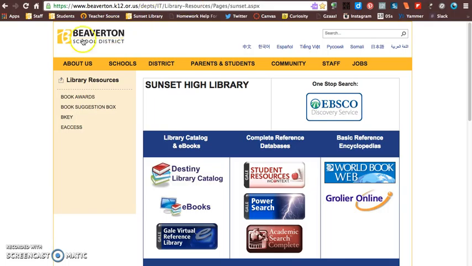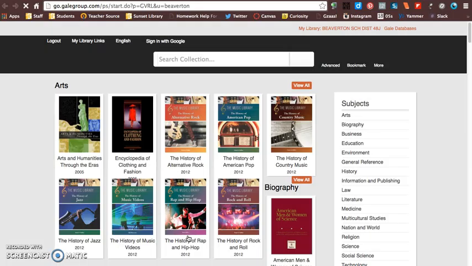The first place I want you to visit is right down here, this blue button, the Gale Virtual Reference Library. The Gale Virtual Reference Library is a database, a collection of ebooks. When you click on it the very first time, it might ask you for a password. If it does, type in OSLIS,